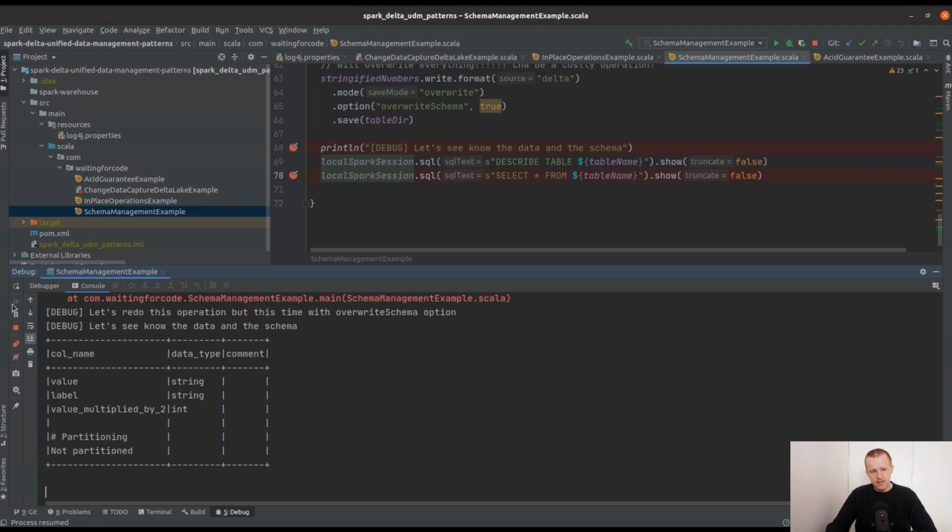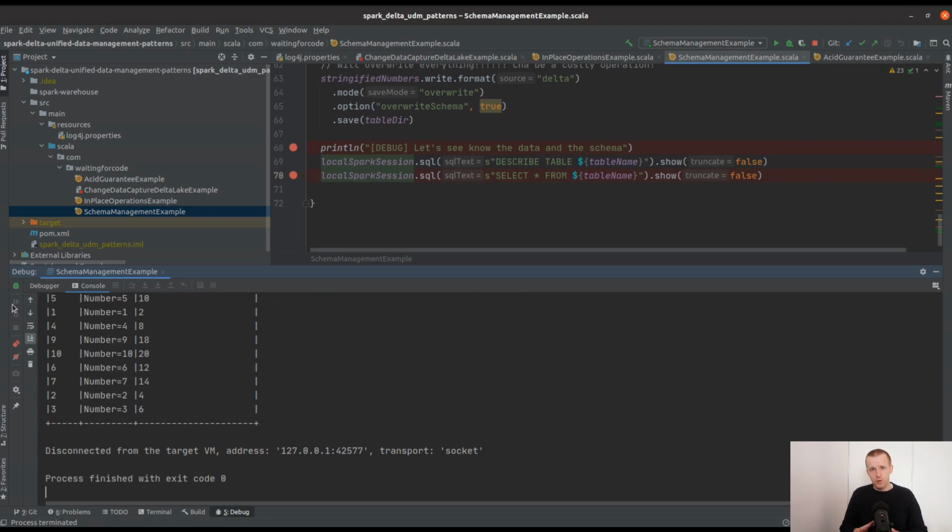And globally, that's all the patterns I wanted to share with you about the unified data management patterns that can be implemented with Delta Lake. And if you want to discover more patterns from this category, I invite you to the article which is linked in the